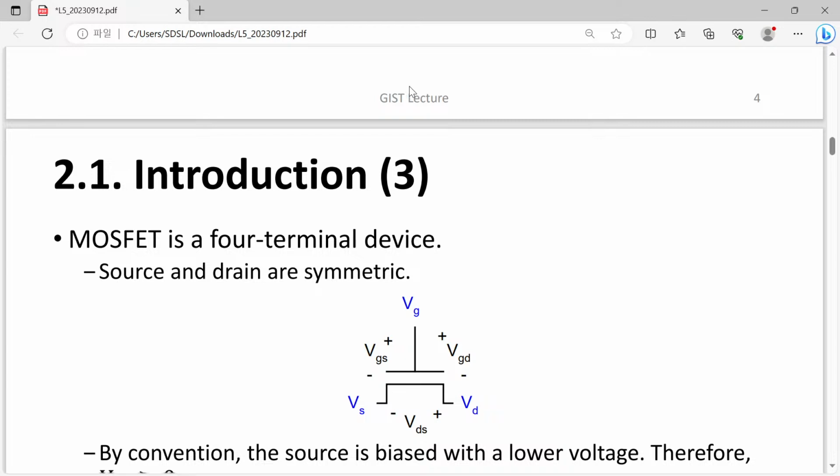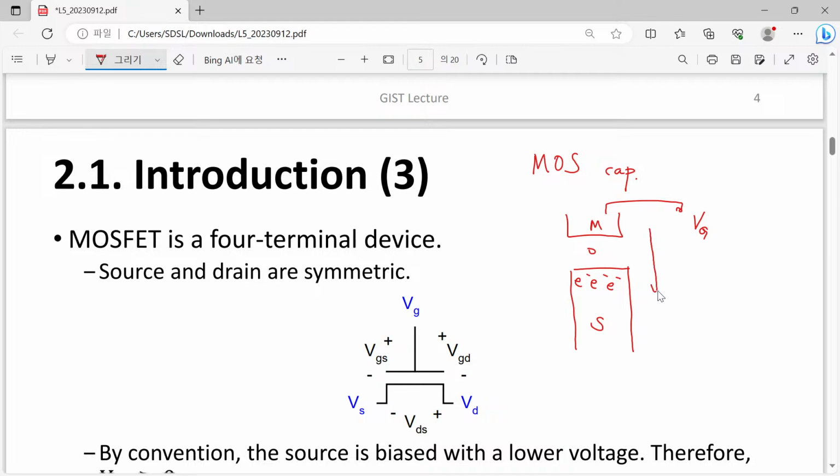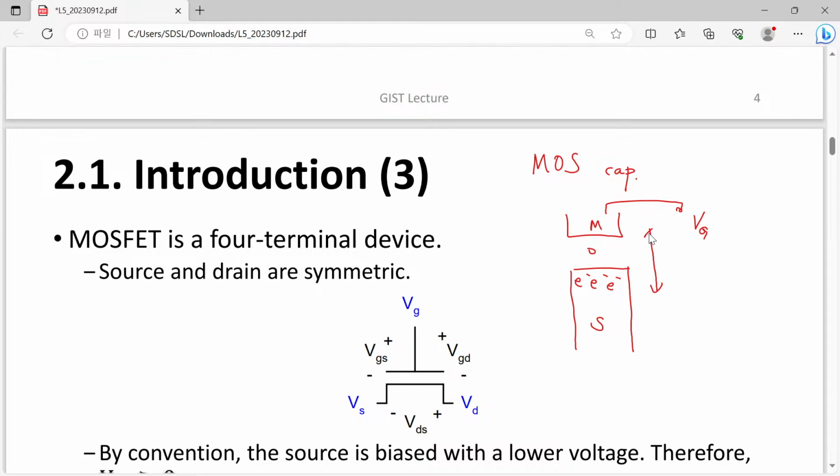So up to the second slide of this introduction, we have thought about the MOS capacitor. The MOS capacitor is the vertical structure of our MOS transistor. By controlling the metal voltage, called the gate voltage, we can easily control the number of charges beneath this oxide layer. However, the current conduction through this path is perfectly isolated or prohibited because